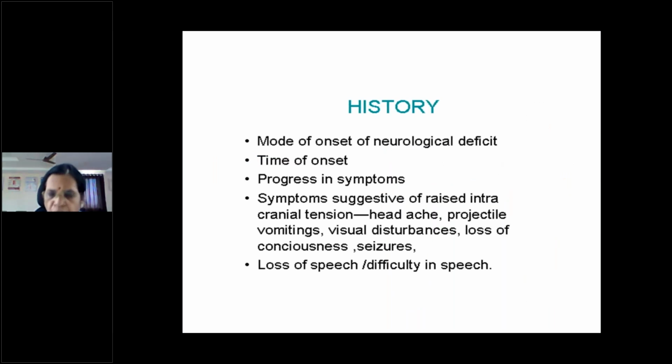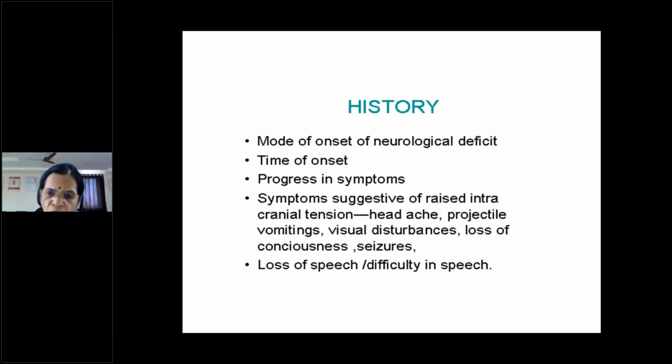In the examination of the nervous system, the first important thing is history elicitation. If the patient is not able to tell, because the patient is aphasic or unconscious, then we should take the history from the attendant. In the exam also, you should write that the history is recorded from the attendant. You have to mention it and then write the case sheet. History is very important, because the clinical manifestations of the lesions cannot give you a clue how it happened, what exactly the cause is.